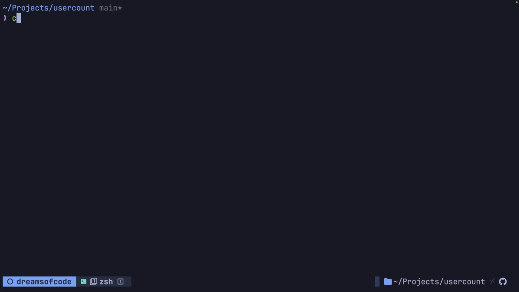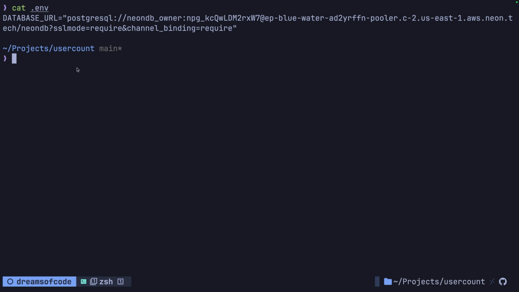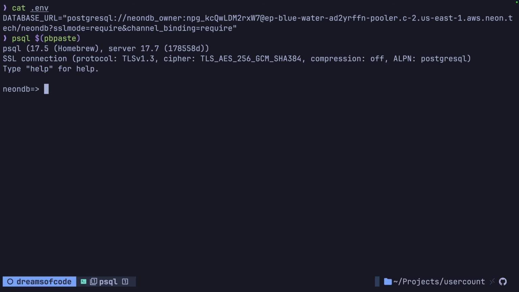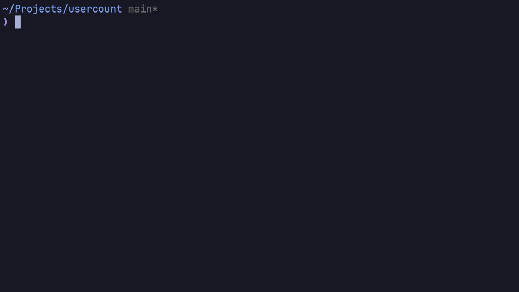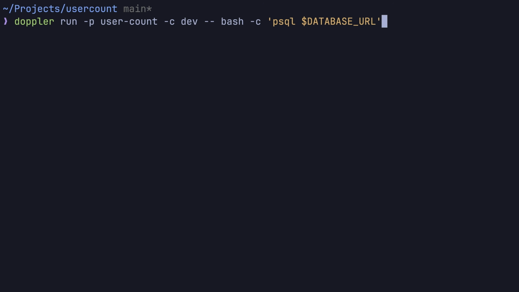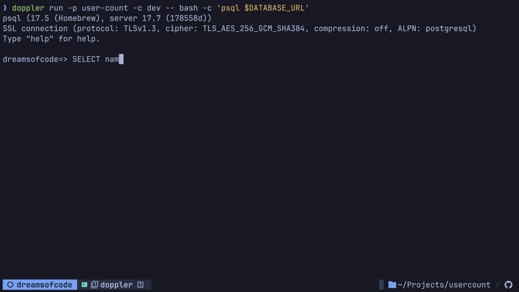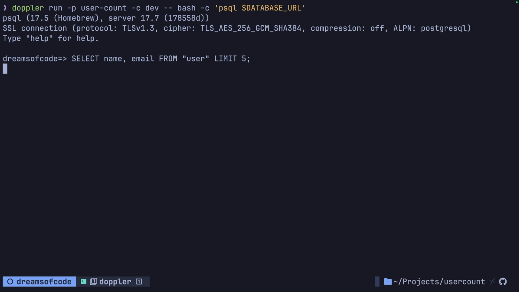For example, let's say I want to access this database directly using PSQL. Rather than having to copy the URL string from inside the .env file and then pasting it into the actual command, which again could be accidentally written to my shell's history, I can instead just use the Doppler run command, this time with the following bash command, which will allow us to access the database URL environment variable that Doppler injects. Now, as you can see, I've connected to my database and can run queries on it. Very cool. Not only is this more secure, but it